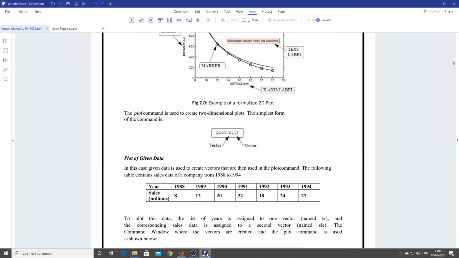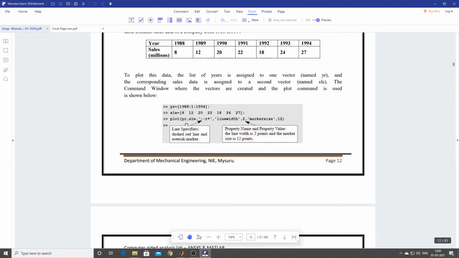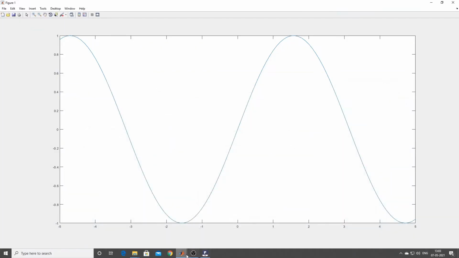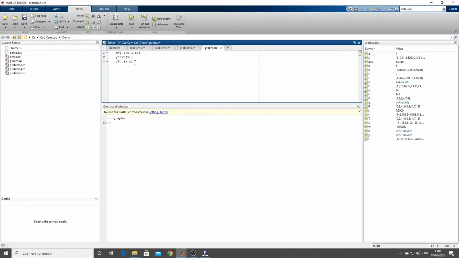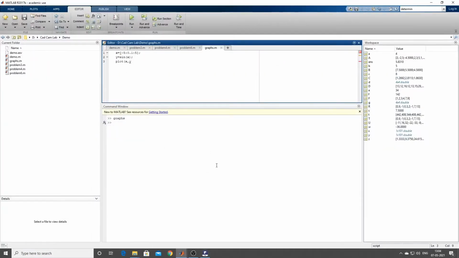Now, what changes can we make to this plot? Please see page number 12. Say plot of x comma y, and then open a quote and give r, and close it.